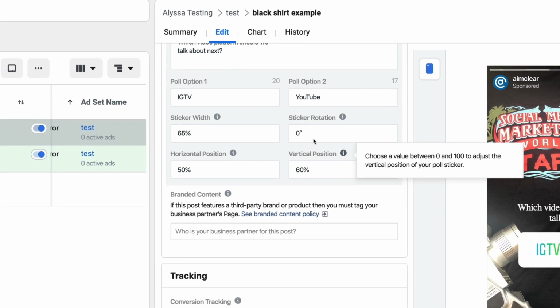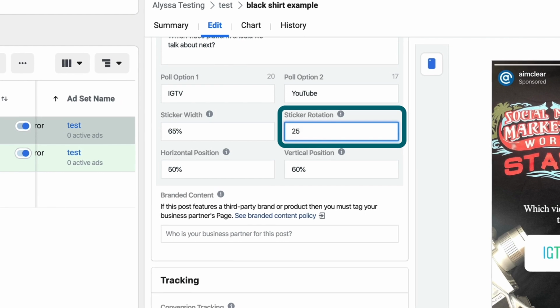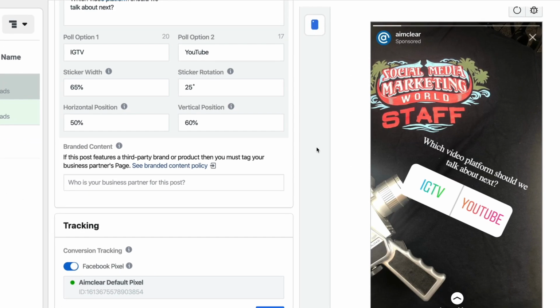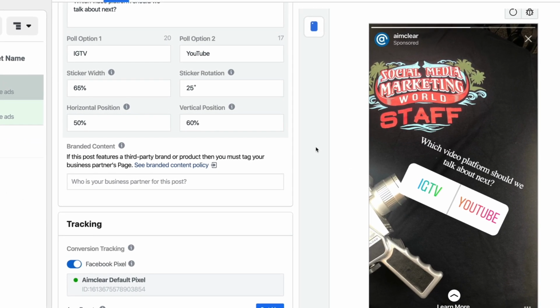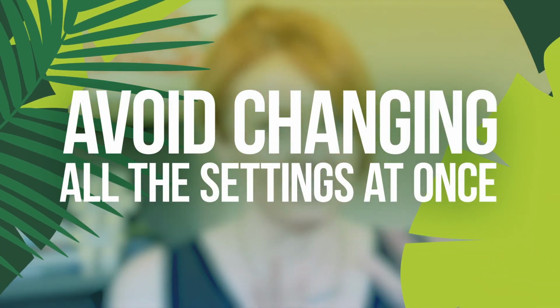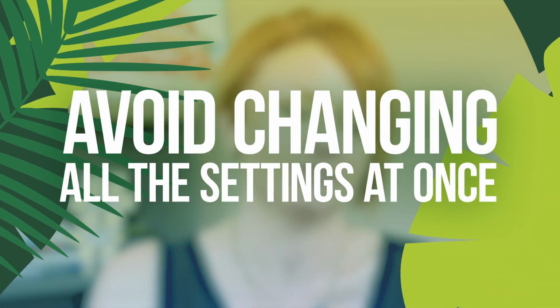If you don't want it to show up just as a straight line, you could say, hey, I want to tilt this maybe 25% and it'll re-render. It's nice because it's eye-catching, it's something different. The one thing to just be aware of is if you start messing with the rotations too much, you start getting errors, it gets really frustrating. So you may just want to mess with one at a time until you get your bearings with how to use it. Once you have this, you can create your poll, you create your 2 answers. It will record all of the answers. I'm going to show you how to find those stats next.